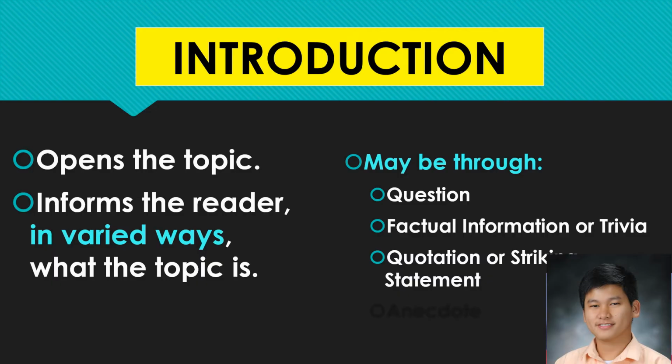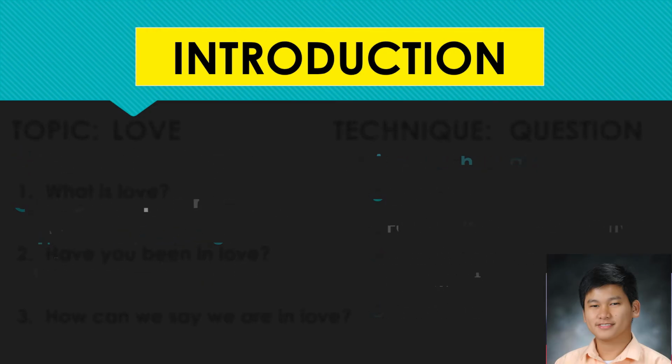Naiintindihan po. Okay? And finally, you can also make an anecdote. So, ano yung anecdote? Pag sinabi naman nating anecdote, yun yung short story. Very, very short story. Magkwento ka lang. Halimbawa, ang topic mo ay love. So, pwede ka magkwento about your first love. O kaya kailan mo natutunan yung concept of love. Anong age ka natutong magmahal. Mga ganon. So, yun yung anecdote. Again, an anecdote is simply a very short story. So, let's discuss them one by one.